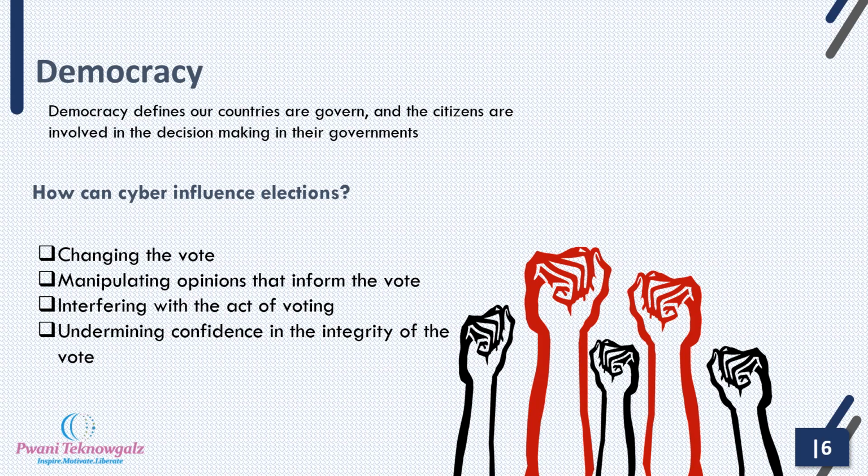Another way is manipulating opinions that inform the vote. And this is exactly the role that Cambridge Analytica was playing. So what they do, they look at a given area. So let's say in Kenya, we have several counties, and all these counties have different voting patterns, like people they support. So they will collect data, we provide data every day, and they had access to Facebook, they had access to these social media platforms, and they go region by region and say, okay, in these regions, these people like